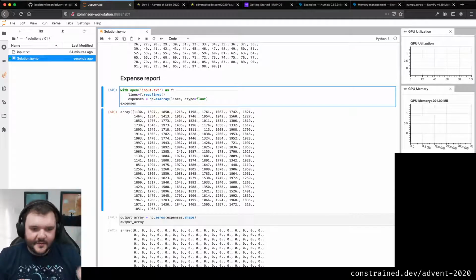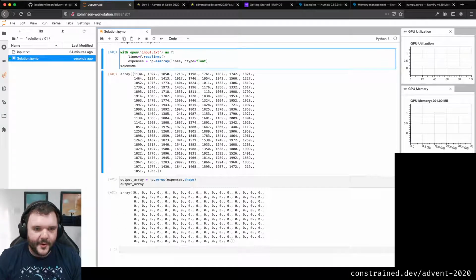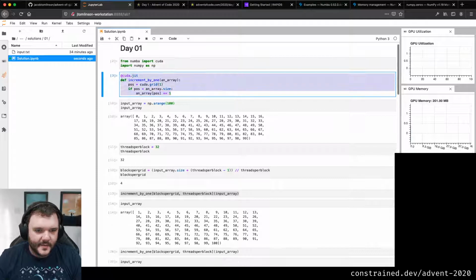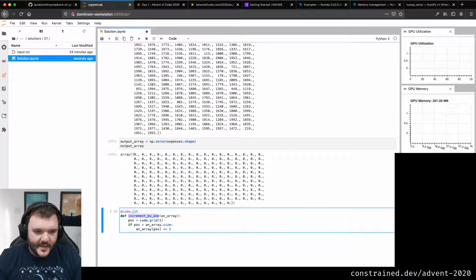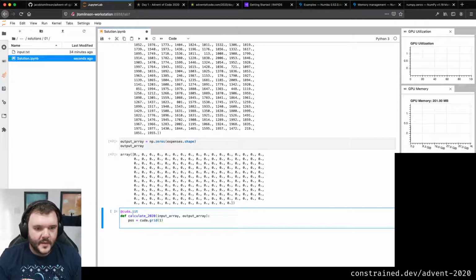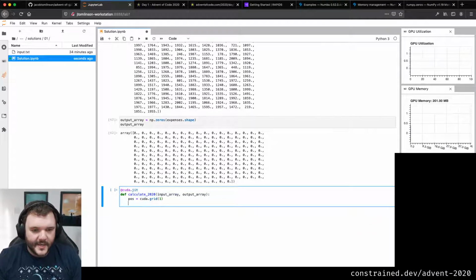I'm sure there's clever things you could do, but I'm going to start with an unclever approach to doing this. So I've got my input array, I've got my output array. Let's write ourselves, I'm just copying the layout of this. I'm going to call this calculate2020. We're going to take input, and we're going to have input array and output array, and we're going to get our position. So in the input array, I'm going to do a for loop, which, for loops are generally bad, right? But I'm going to do this in here now.